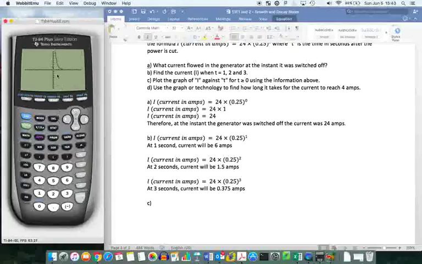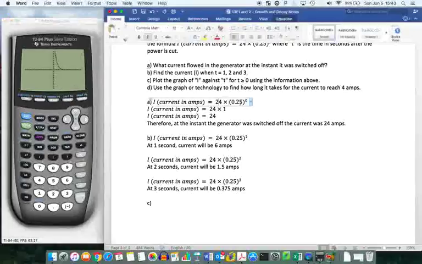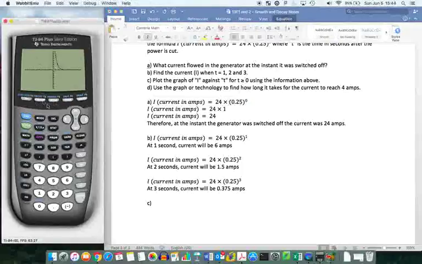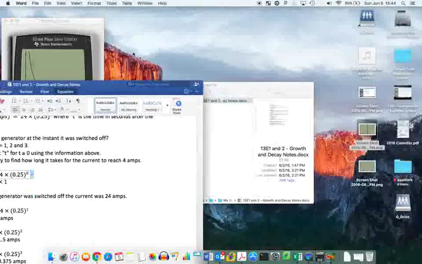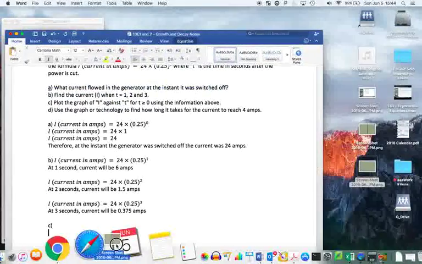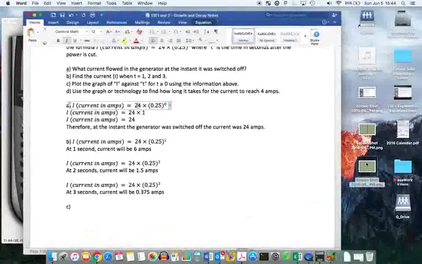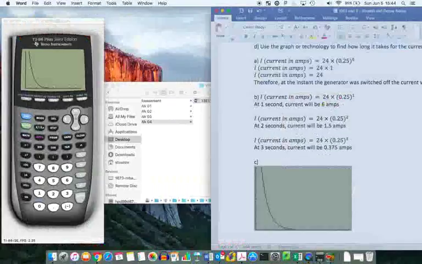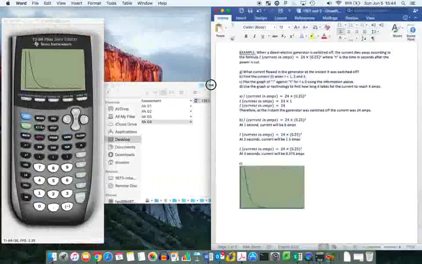And all you notice, because it's of this particular form, we don't actually need the negative side. So what you can actually do is go to window and make it start from 0. Start from 0 instead. You get a nicer graph that way. So there's my graph. Unlike you, I get to screenshot this. So that's how I'm going to answer it. However, if you wanted to draw that in your book, you would be using